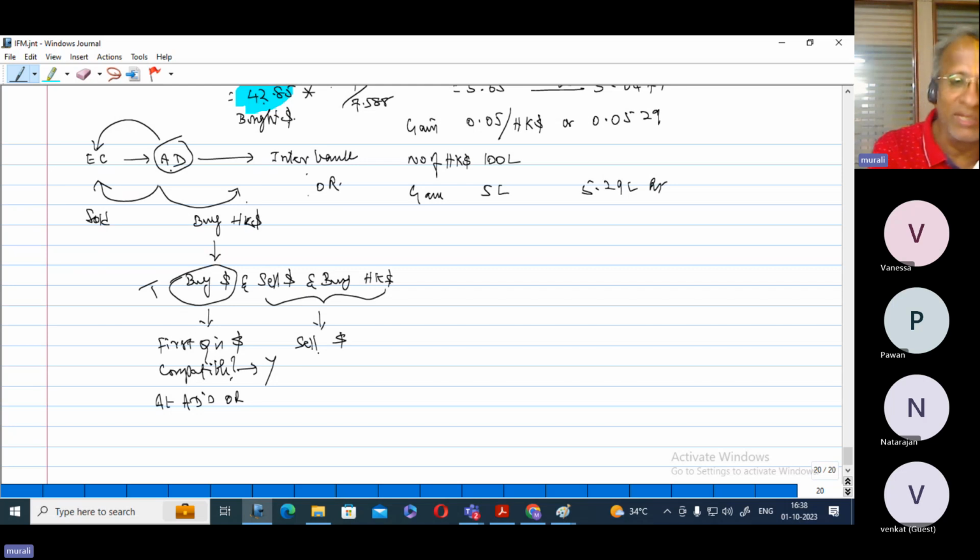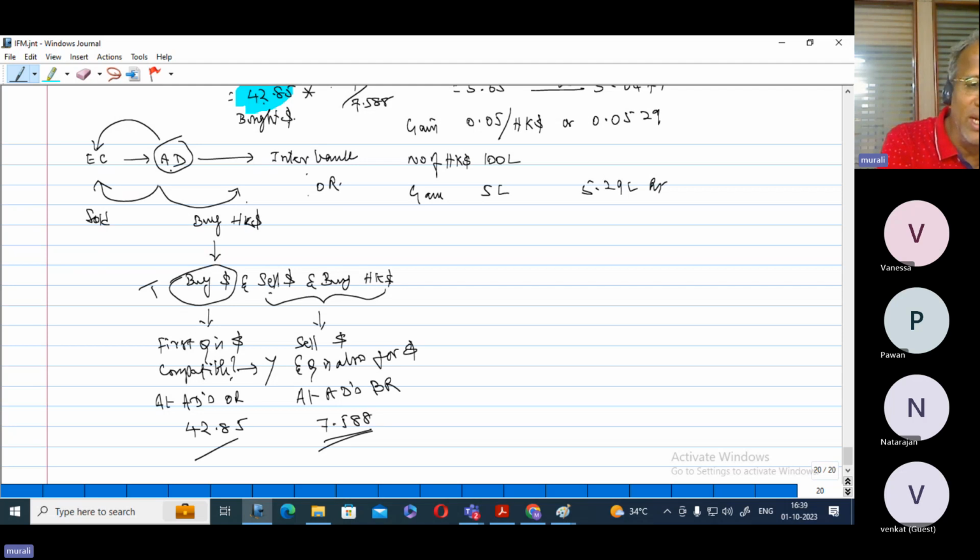Correct. You can put it that way. So sell dollar. Quote is for dollar. Quote is also for dollar. Correct. So you sell dollar at the authorized dealer's bid rate. Therefore, 42.85 to be selected,